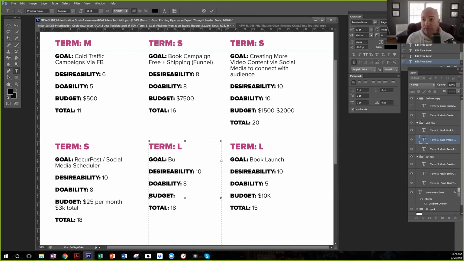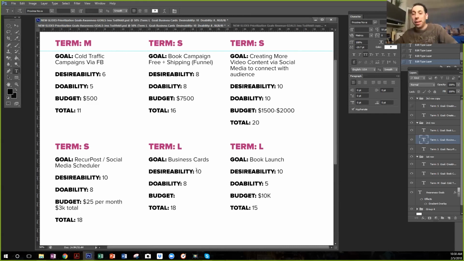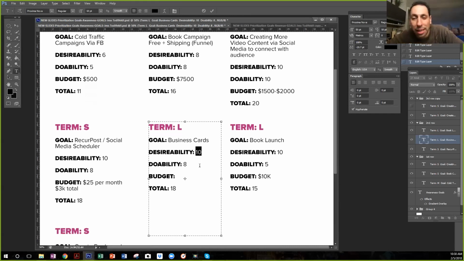So goal, business card design. First and foremost, with the shoot that you just took, I can do that. I take one of those pictures. Look, this group that I'm working with made one of these. It's just a normal business card. I was like, it should be the picture and something really exciting. So desirability to do that.